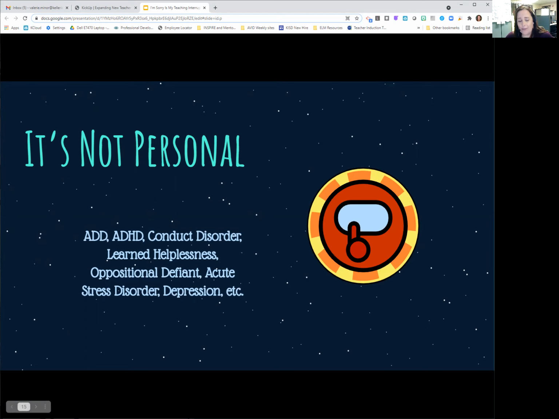We're the adults, we're the ones that are fully developed. So we're the ones that need to help them navigate this situation. Maybe they have other emotional situations that we are not aware of that they are not equipped to handle. So we have to try to remember that it's not personal. It's not a personal attack on you as a teacher or an individual if a student is misbehaving or you